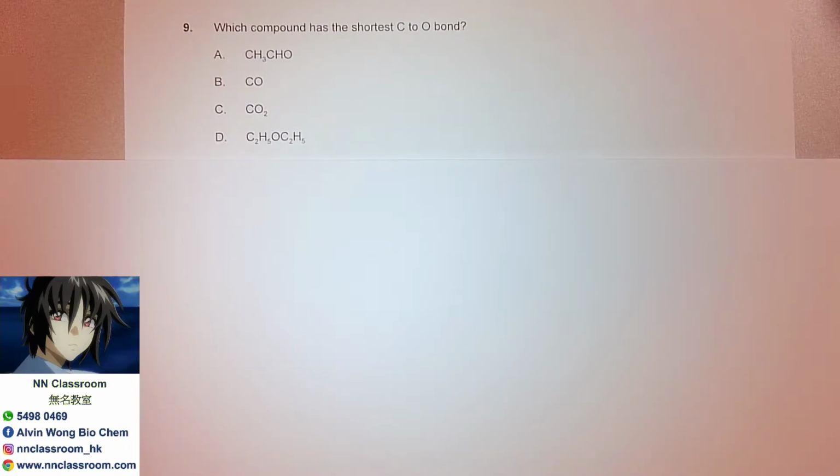Today I'd like to share with you a past paper question from 2019 in November time zone 0. Question number 9 relating to topic 4 bonding and structure for standard level, asking about the bond strength of covalent bond. Let's see. Number 9, which compound has the shortest